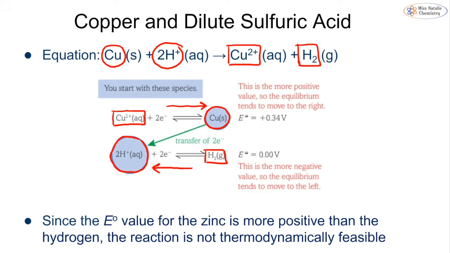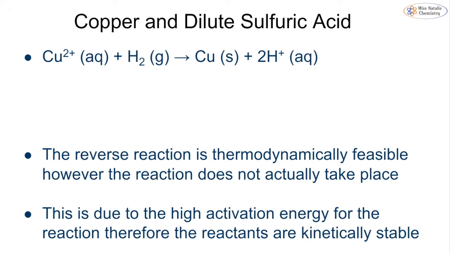And because the equilibriums are not backing up our reaction, this tells us that this particular reaction is not thermodynamically feasible. And we actually already know this from our knowledge of the reactivity series, because we know that copper does not react with acid, and we're backing it up here. If we have the reverse reaction, which is going from the copper ions to the hydrogen, so reacting with the hydrogen, if we have our Cu2 plus and we write out our numbers again, which was plus 0.34, and then